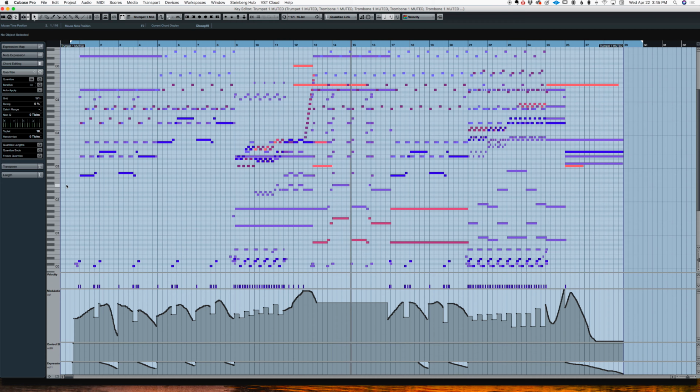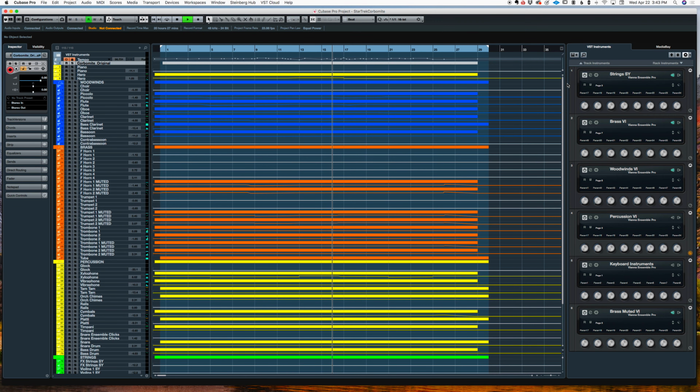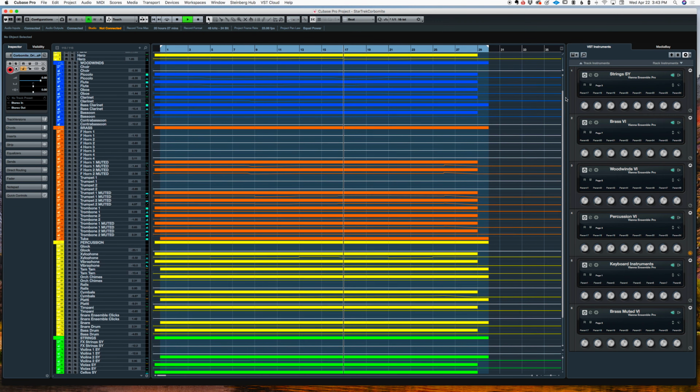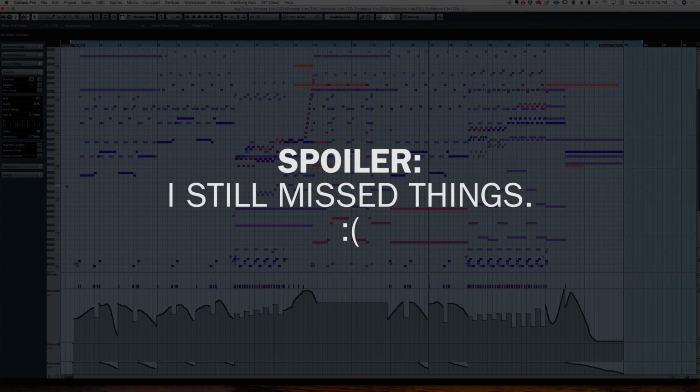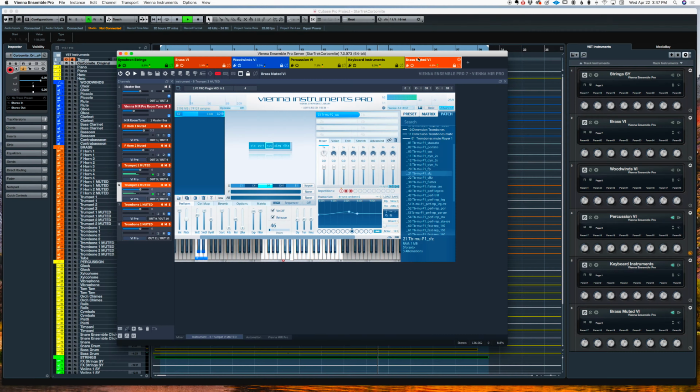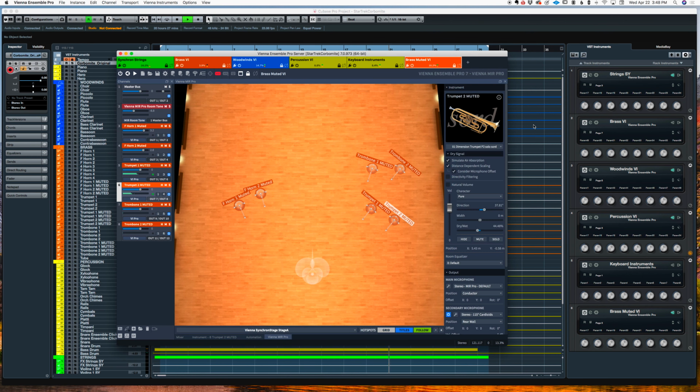I had to do all of this by ear since I don't have the notation, which means I had to be okay with an approximation of the original. This cue, called Radiation, is just under a minute long, so it's the perfect length for an exercise like this. I did it entirely in Cubase, only using Vienna Symphonic Library and Mir Pro, which at this point I can't imagine working without. Okay, let's go through my process.